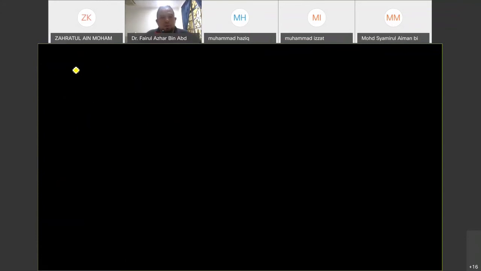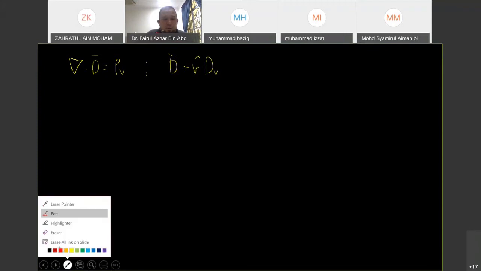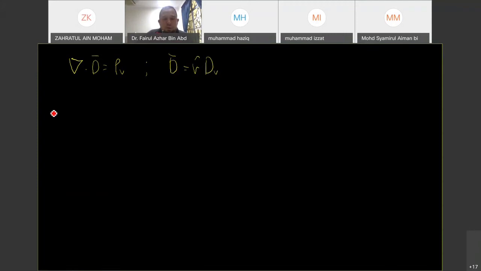Alright, so let's look at how we can solve this question if we are using the differential form for the Gauss law. In the differential form, we have del dot vector of D is equal to rho v. As before, the general expression for D is equal to r cap D r. Then if we perform this operation, when we deal with the cylindrical coordinate system, the equation for del dot D is